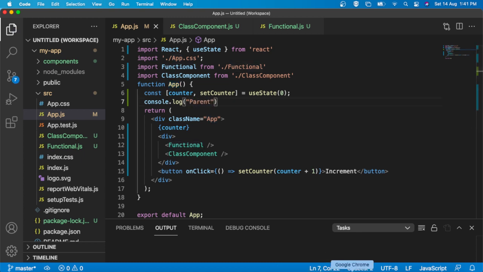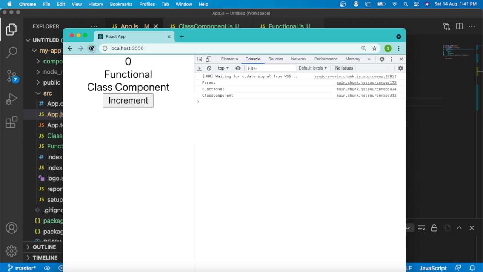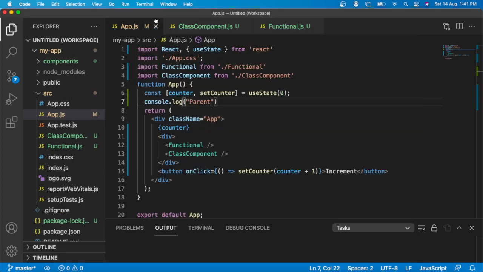Now if I try to refresh, see, my parent component is rendered, the functional component is rendered, and the class component is also rendered. Now I am trying to increment the value of the counter. The value is incrementing, but the problem is all the child components are also re-rendering, because this state is only attached to the parent component.